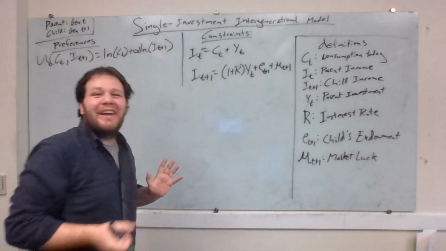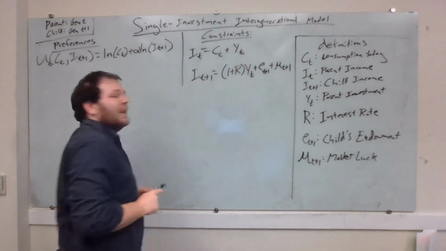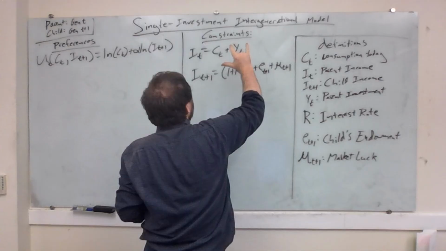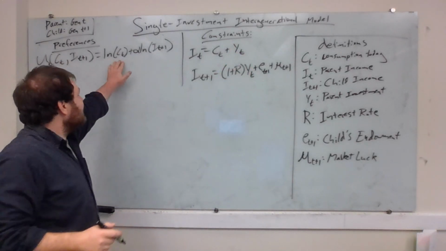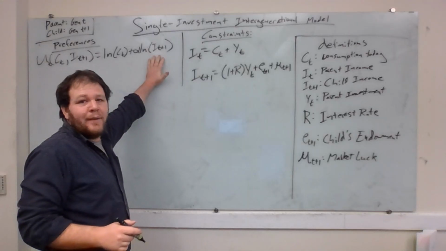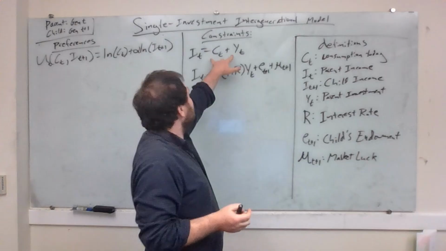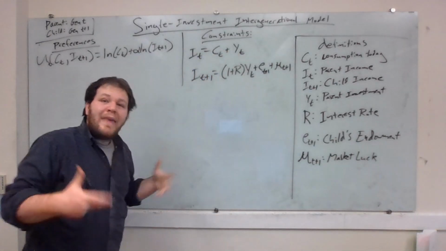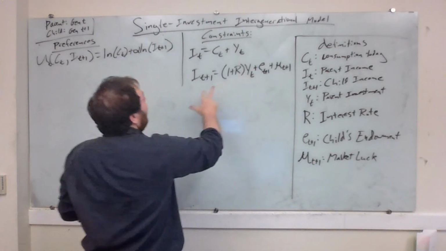which I've done by mushing everything up a little bit to the top of the board. So in other words, our parent's budget constraint now is a function of the consumption and the parent's investment in the child, but their preferences are a function of consumption and the child's future income. So in order to understand the parent's decision, we really like a budget constraint in terms of consumption and the child's future income. The way that we're going to do that is by solving for yt here as a function